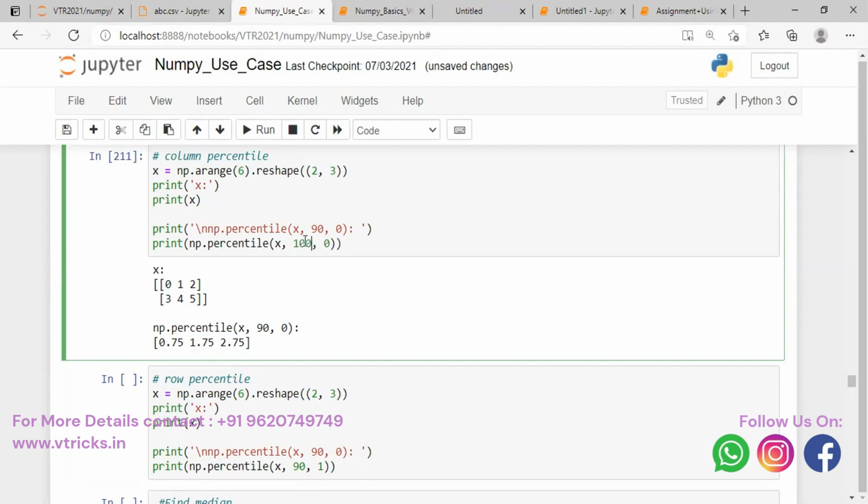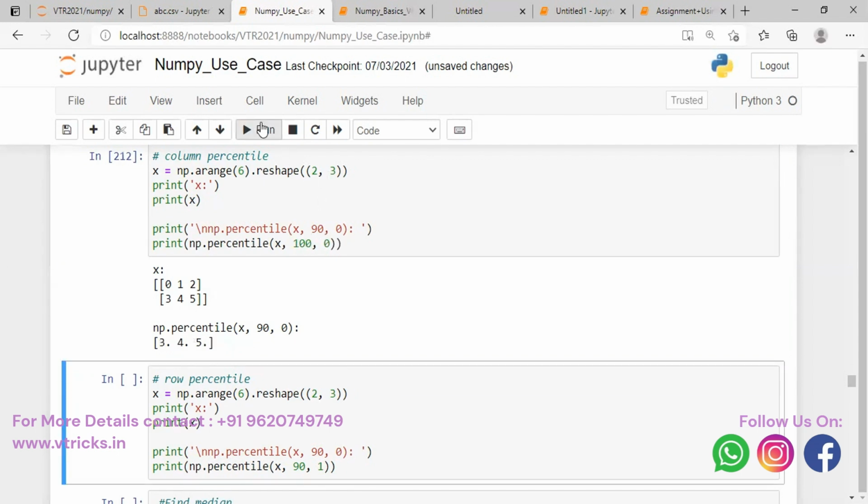Same result, 5. Same one. 3, 4, 5. That is 100, the maximum value. That is correct, no? That's the maximum value, 5. Now if I give 0,